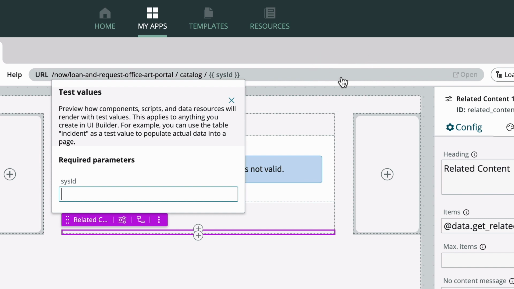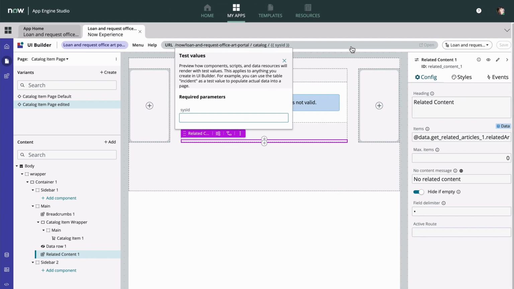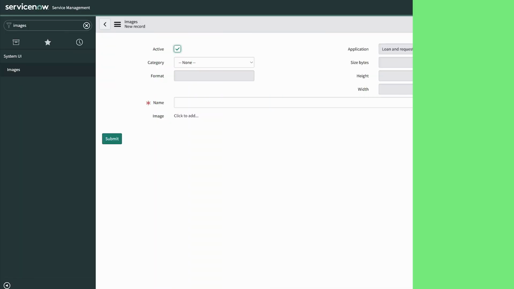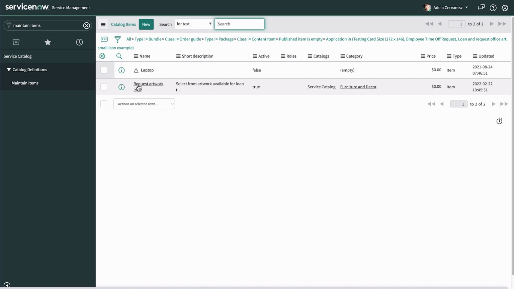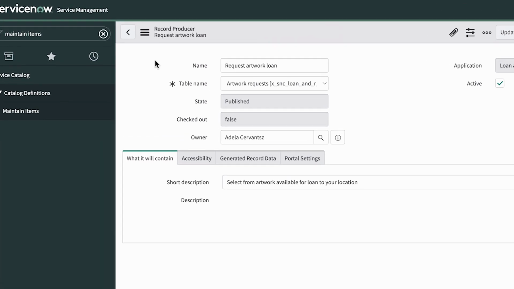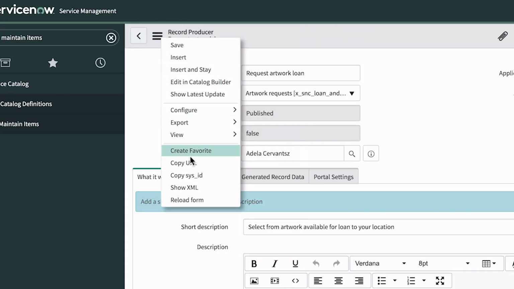Clicking the URL opens the Test Values dialog, which lets us enter the required parameters to test the page. So let's get the sysid of our catalog item. To get the sysid of any record, you first locate the record in the platform. We navigate to our catalog items list and open the item. Now we copy the sysid of the catalog item